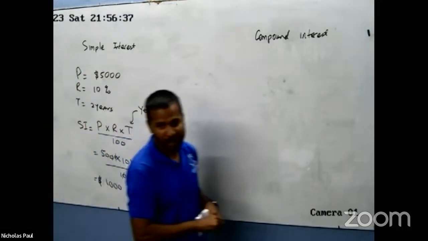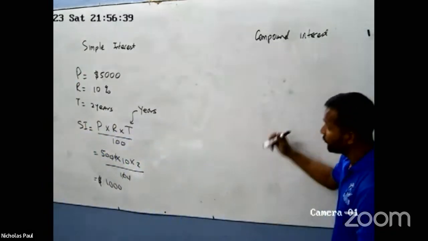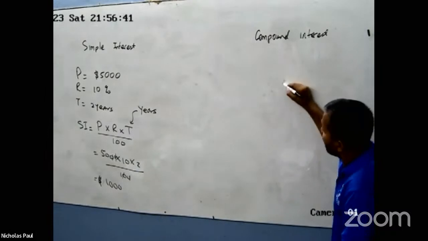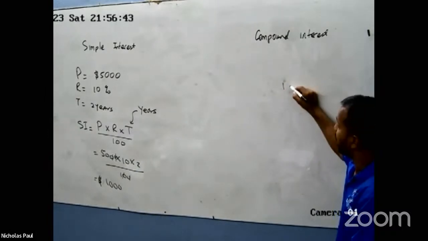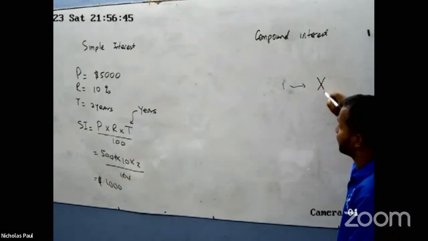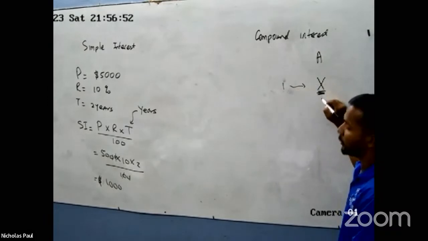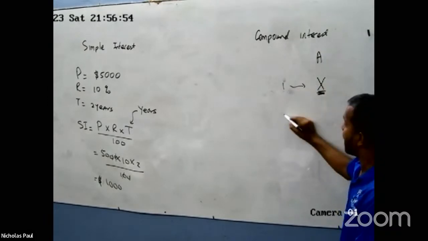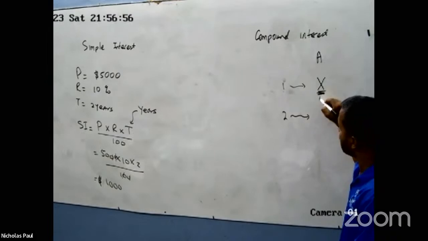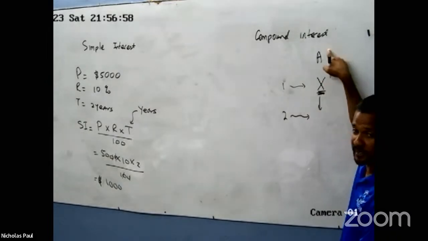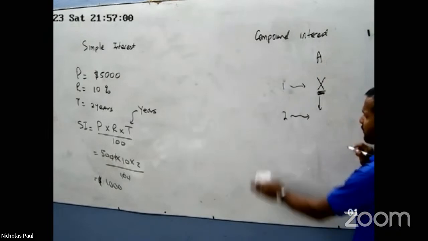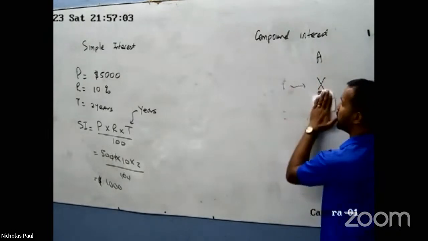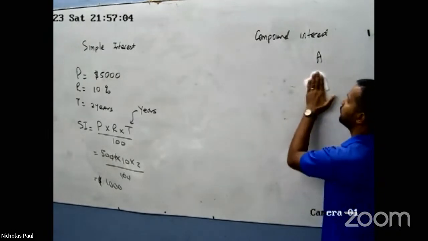Let's check out compound interest now. Compound interest means after 1 year, you will acquire some amount of interest, right? So let's say you started with E. After 1 year, you will have X dollars now. Then after 2 years, the interest will be based on this X, not this E. All right. So it might make sense there, but let's put these numbers into the formula and see what will